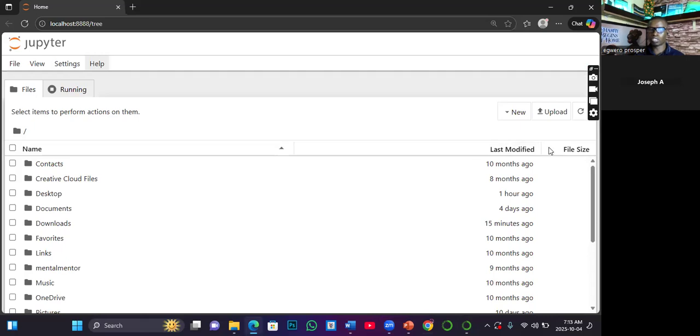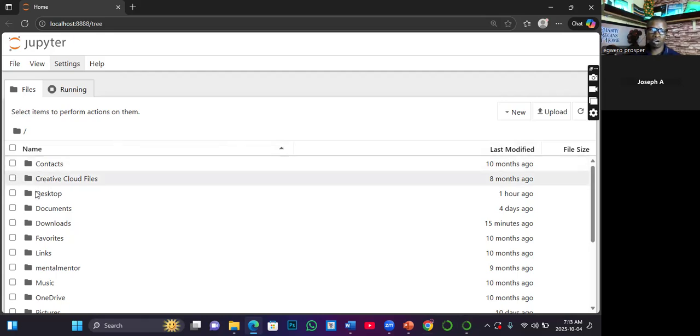So the first thing we need to understand is how to manage the directory, how to manage the Jupyter Notebook directory. Now remember that we want to set up a development environment. In other words, a single workspace that can act as a dashboard, that can act as a means of bringing all the data objects, everything in one place for communication purposes. So now the first thing we are going to do is create a new notebook.